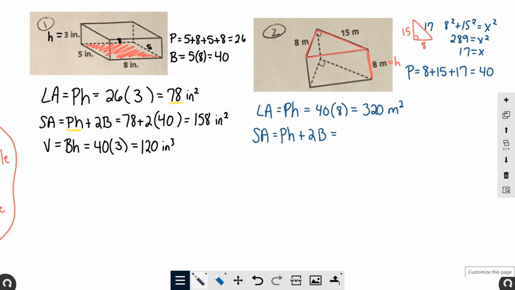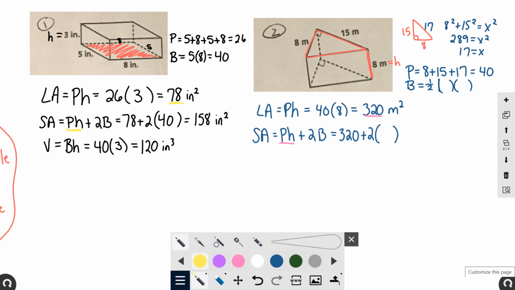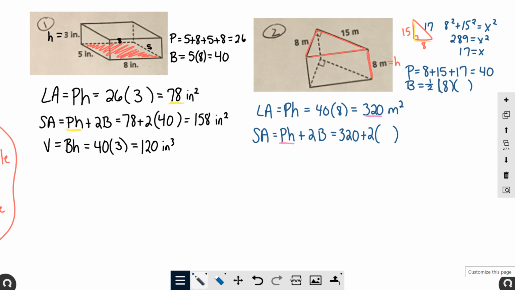All right, next we will find our surface area, pH plus 2B. Now remember, we know pH from the previous problem. pH is 320 plus 2 times B. Now, B we don't know, so I'm going to go back up here and find it because B is the area of that triangular base. So we said to find the area of the triangle, it's base times height divided by 2, or 1/2 times base times height. Now when you look at a triangle, the base and the height are the parts that make up the right angle. So the base would be 8 and the height would be 15. So the legs of the right triangle are the base and height, which makes it really easy for us. So let's see, 1/2 times 8 times 15 is